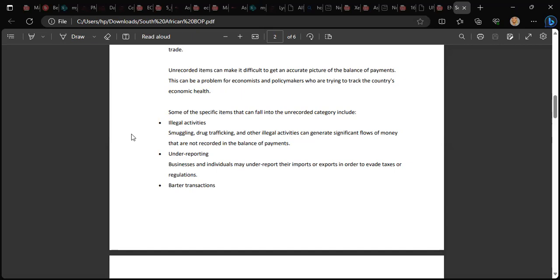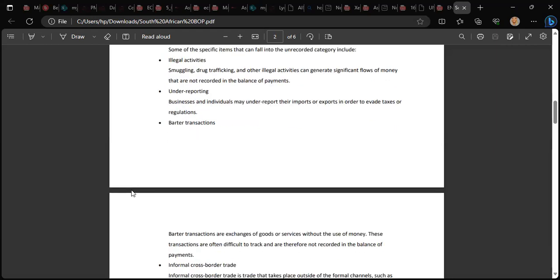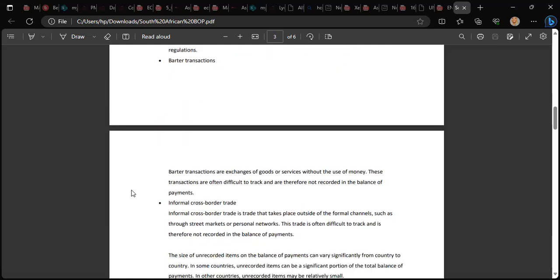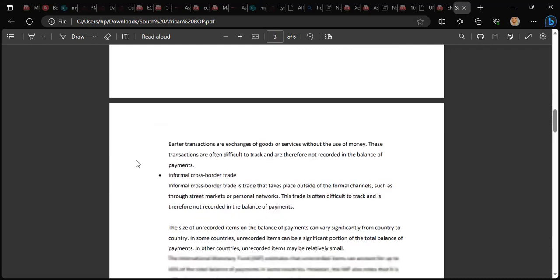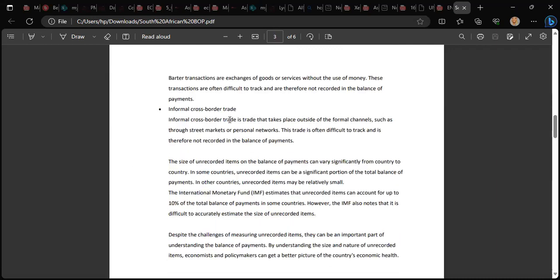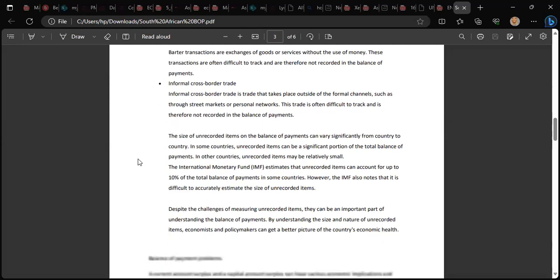Some of the specific items that obviously fall into this unrecorded category are illegal activities and underreporting. Businesses and individuals may underreport their imports and exports in order to evade tax. This is very common, especially in Africa, right? In fact, all over the world, it is very common. Unscrupulous business people. Sometimes there could be barter transactions. How do you even report those? Informal cross-border trade, right? It's not going through the formal channels,